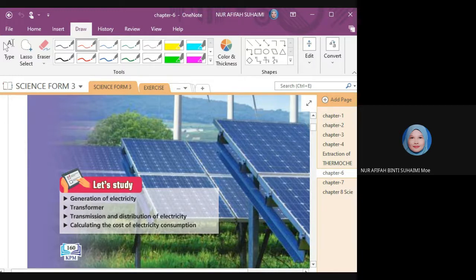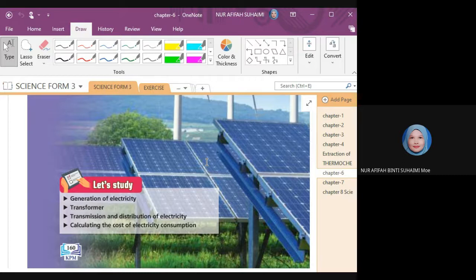The right hand grip rule. Do you still remember? Form 2. Ingat lagi tak apa yang belajar Form 2? Ataupun semua dah lupa dah. Dah hilang terus dah. Form 2 simple saja. Tapi yang penting